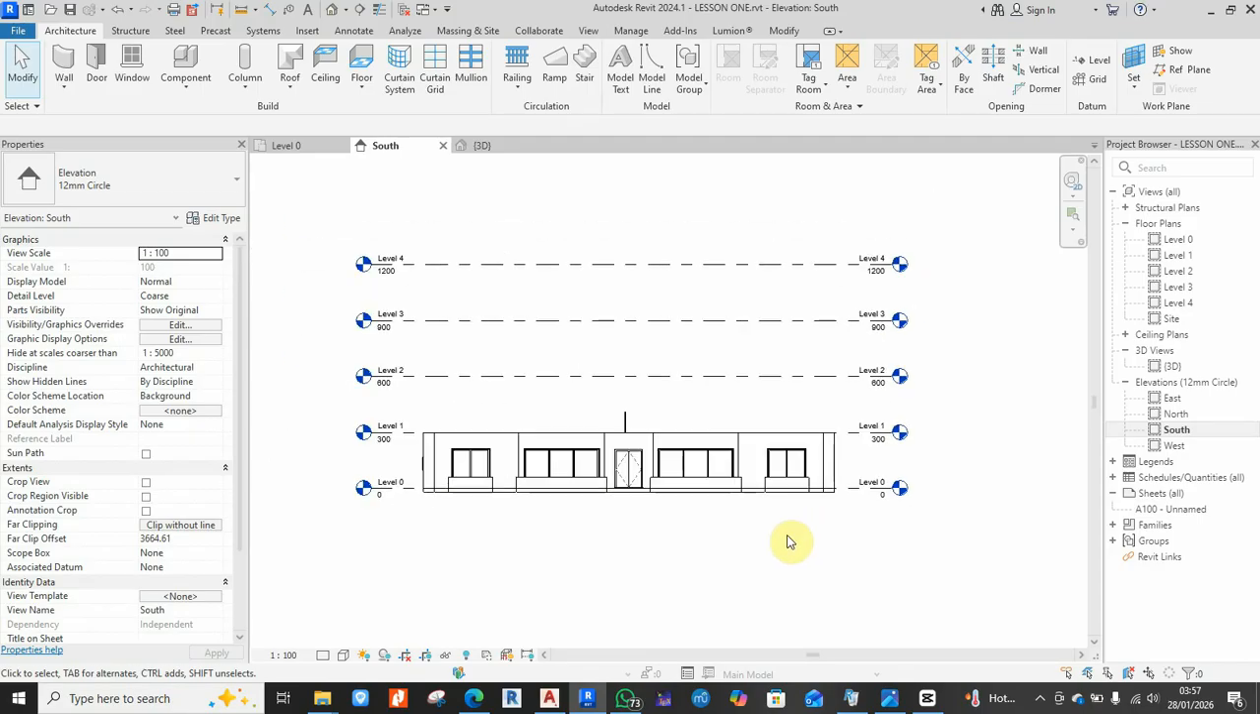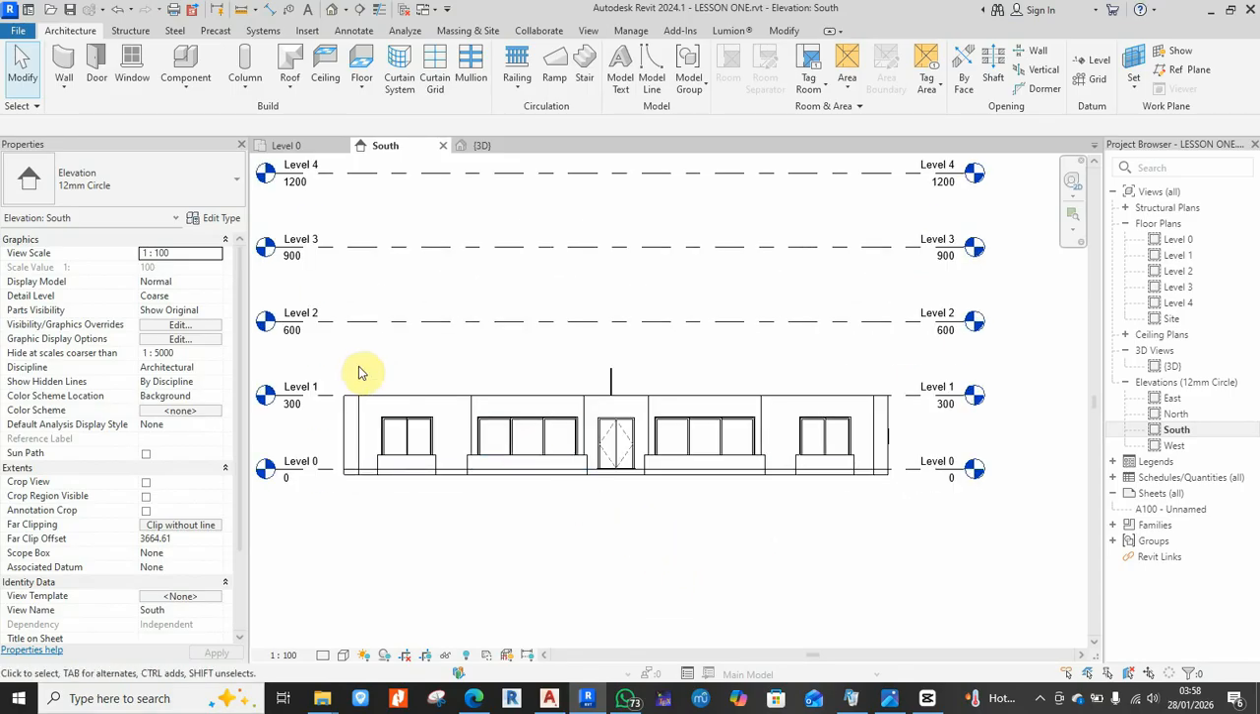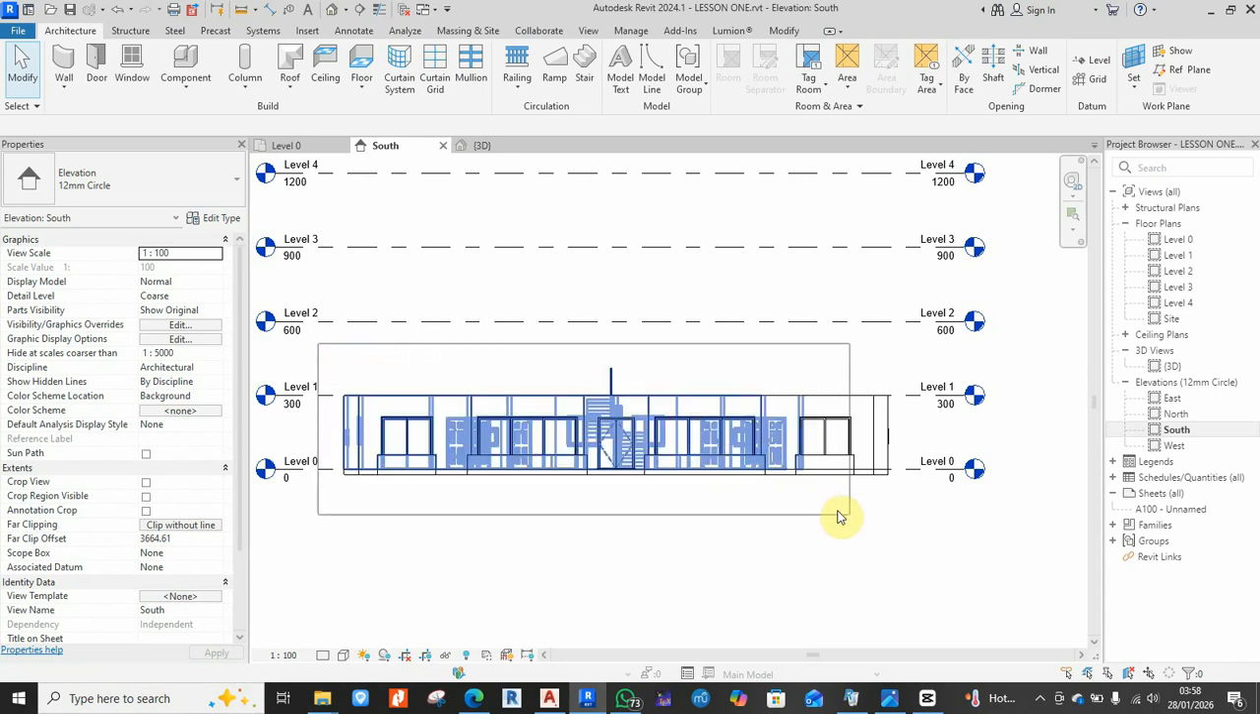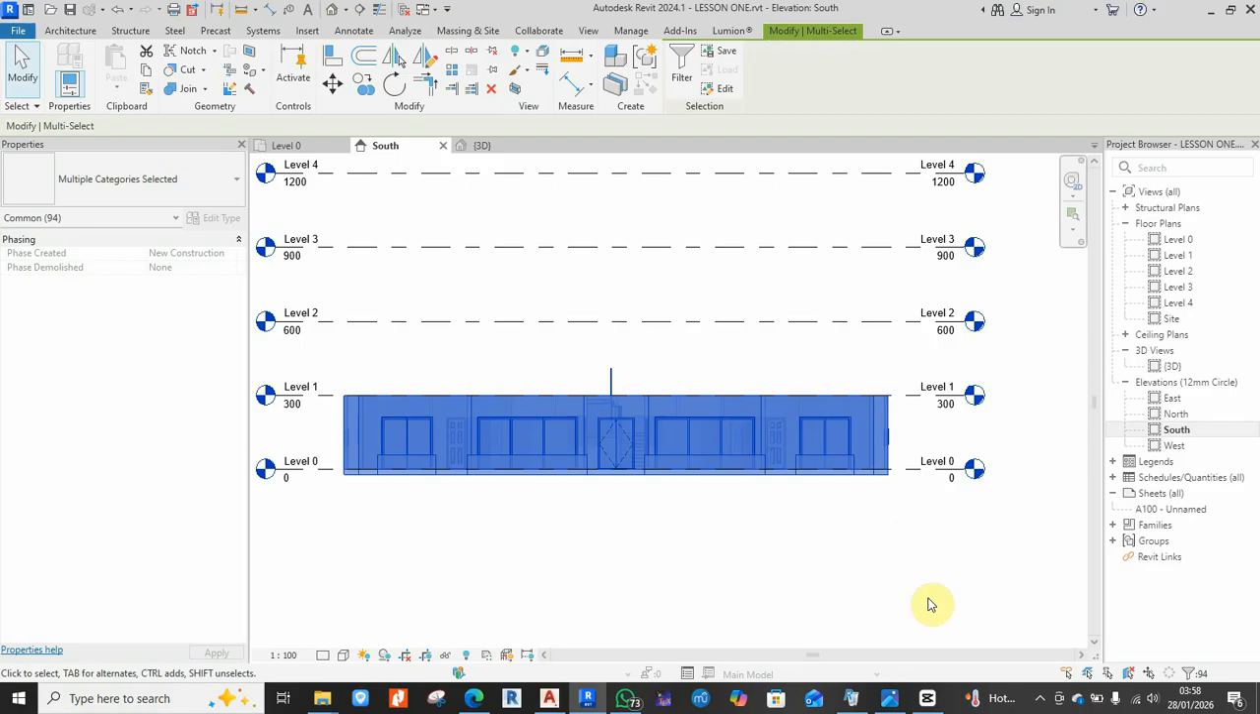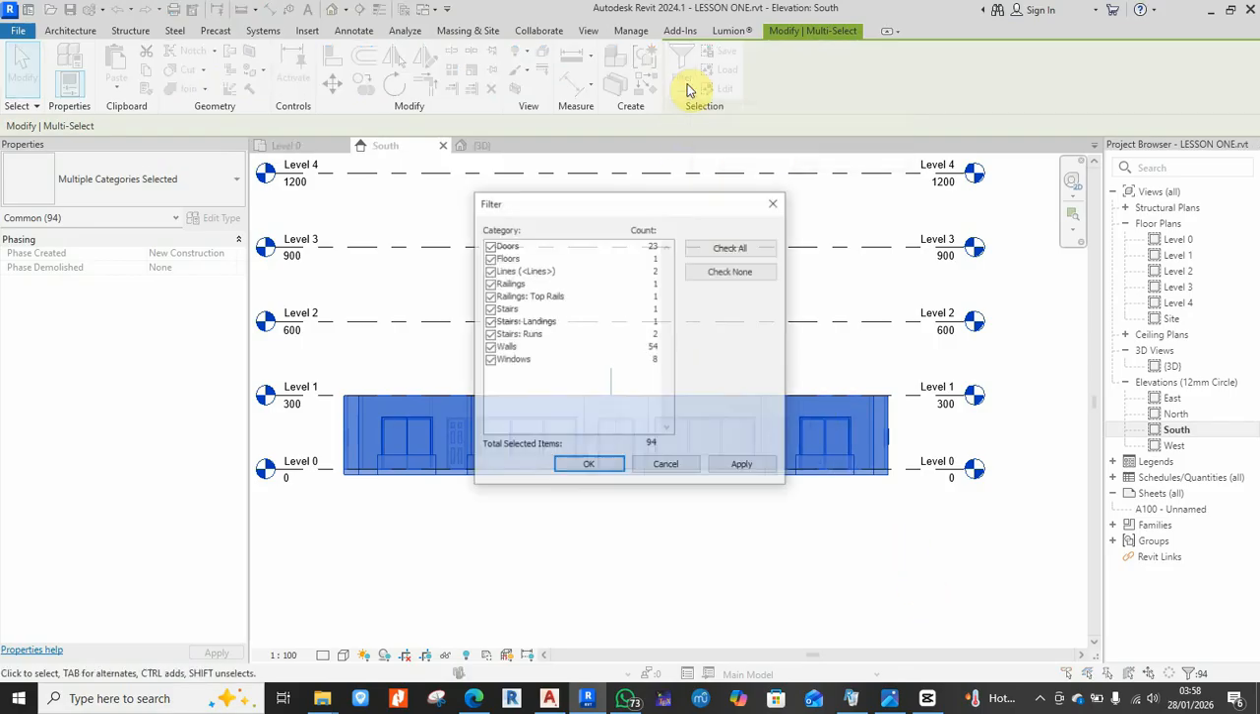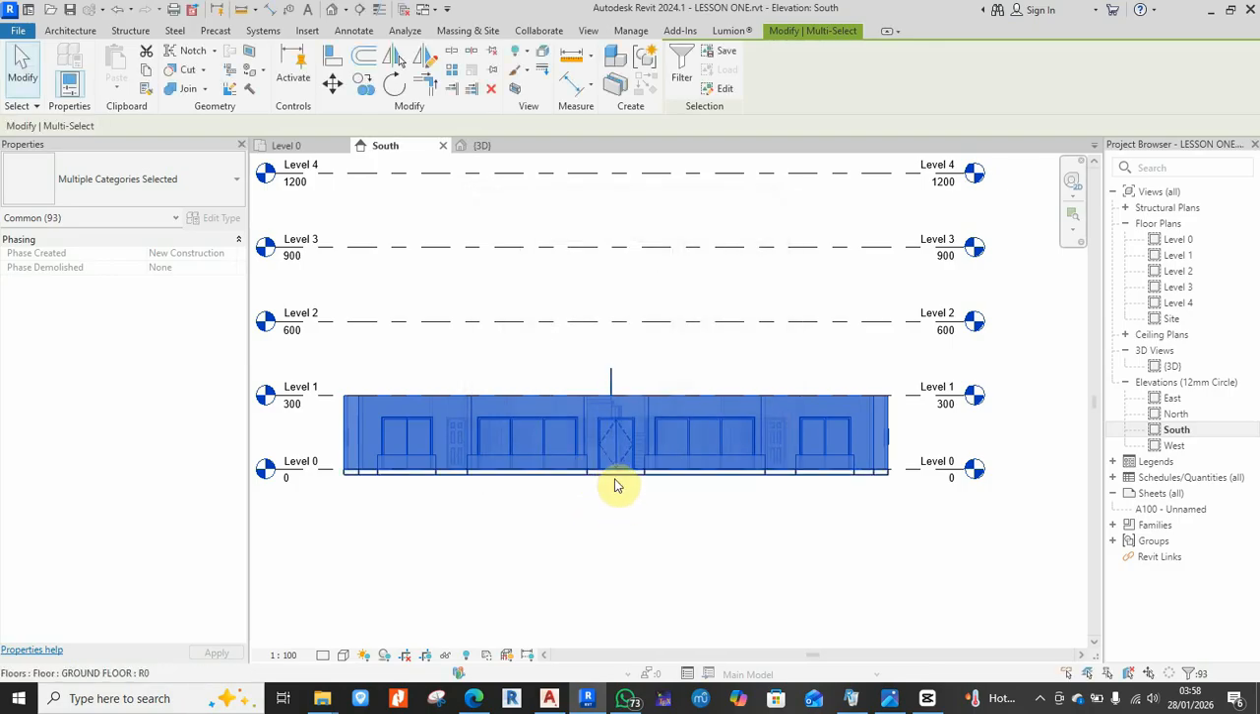So what I want to do is I want to replicate this to the other levels. So I'm just going to start from here and select everything like this. Then what I will do is I'll come to filter and take off the floors. So I don't want this ground floor, but I want everything else because I want to copy it to the other levels. So what I'm going to do is I'll come to, still under the modify tab,